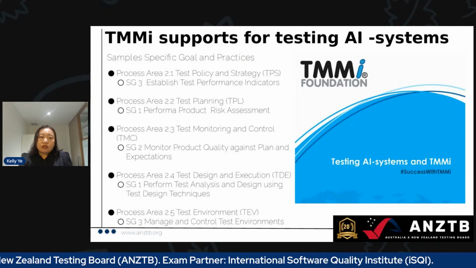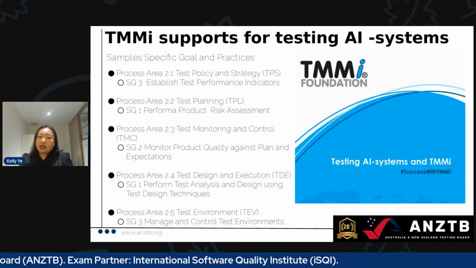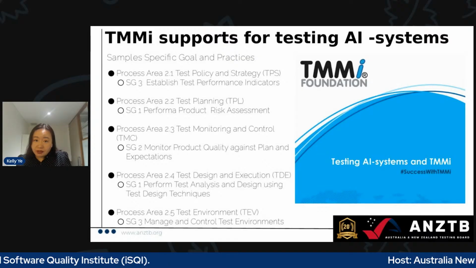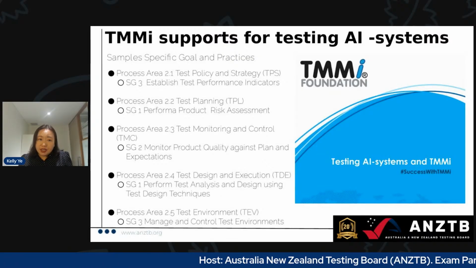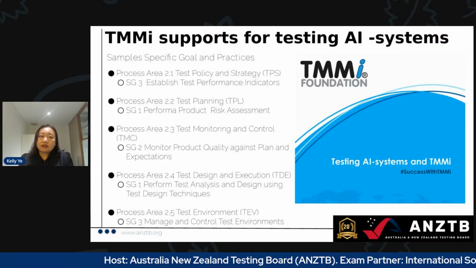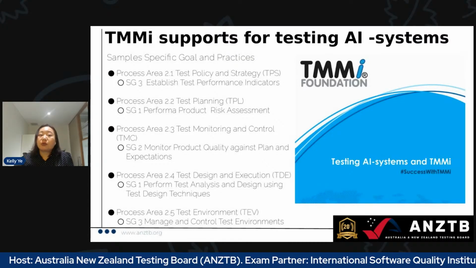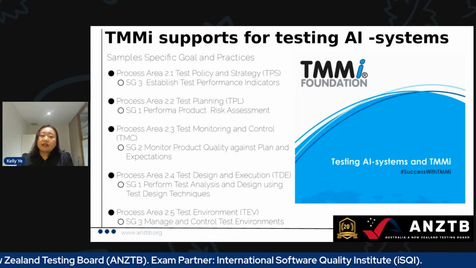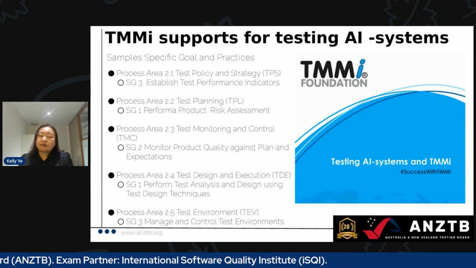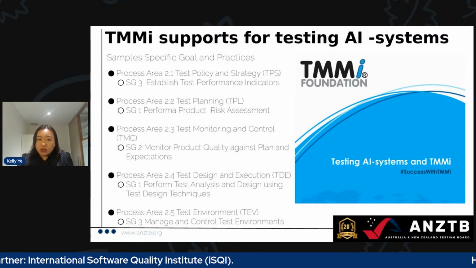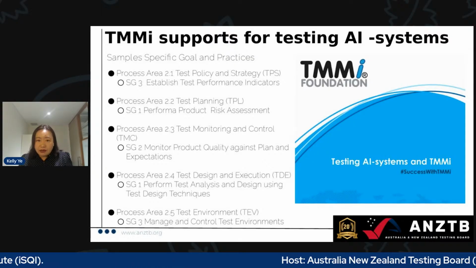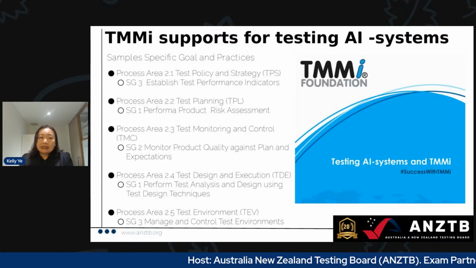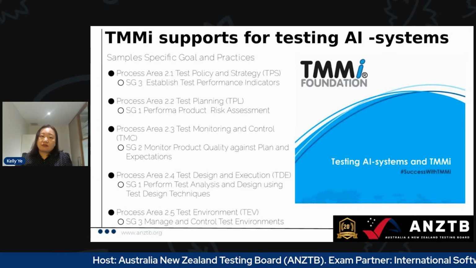And the test environment, we also mentioned: does your organization have a test environment for testing the AI-based system? Is it secure enough? Do you follow the data principles? Do you have enough data for training? And how do you achieve your test environment requirement? Do you have a test environment requirement properly? Identify the needs and the requests from the different places. We also need, if you want to build AI, support for infrastructure. So you need to have the request, manage it, and use this environment consistently and repeatedly when you're training